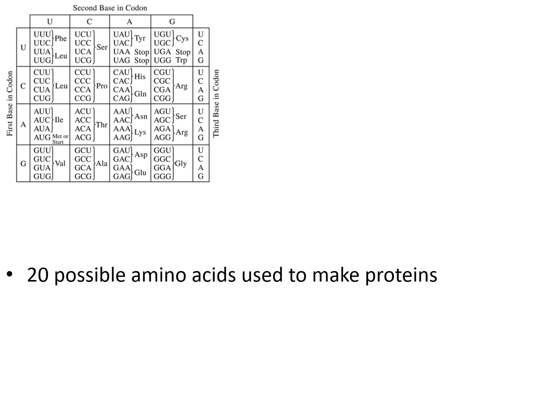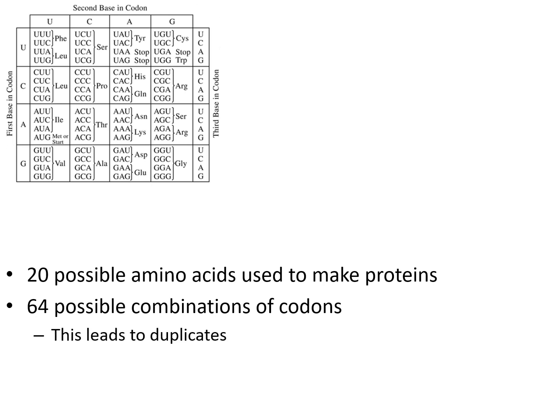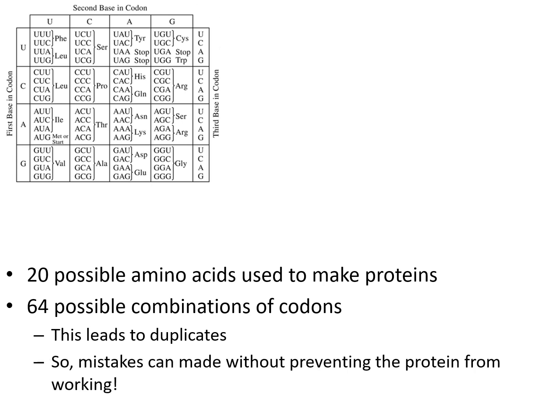Now, like I said, there's 20 different possible amino acids used to make proteins. And there are 64 possible combinations of codons. And this leads to a lot of duplicates, okay? And so this is a safety mechanism in your body in case DNA hypothetically accidentally gets changed. So, for example,